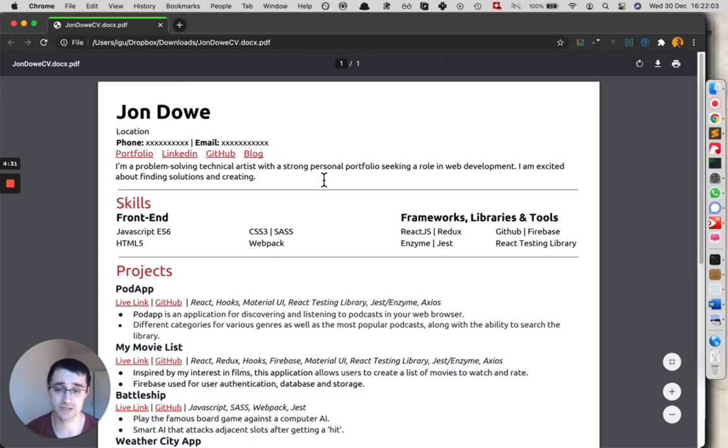I'm a problem solver and technical artist with strong personal who is seeking a role in web development. I'm excited about finding solutions. So basically, such a short thing, people will generally reread, but if it's too long, usually people skip this kind of summaries. But here, seeking a role, so you're like a beginner and you really actually never did web development,